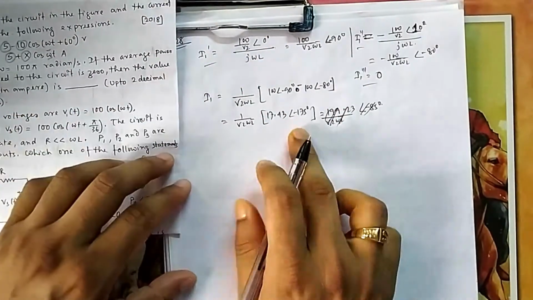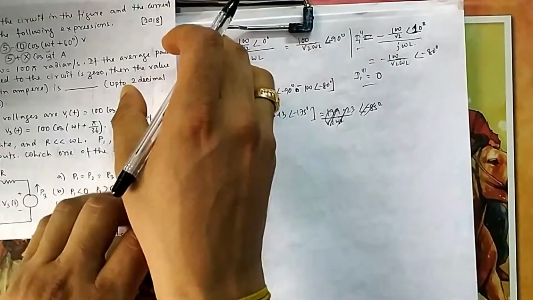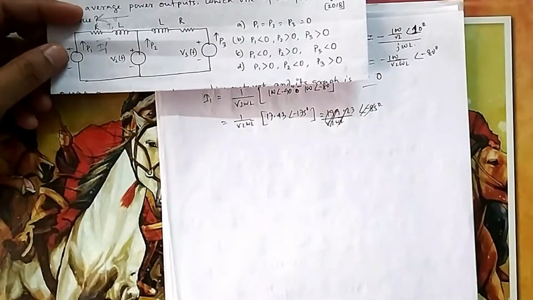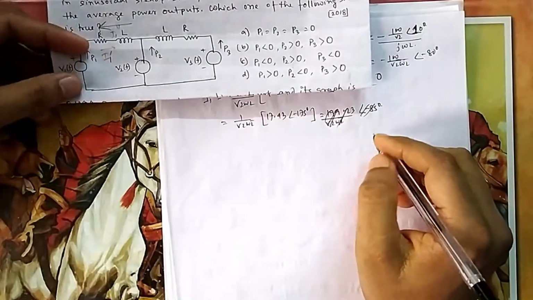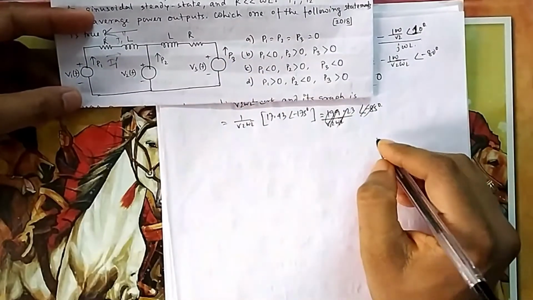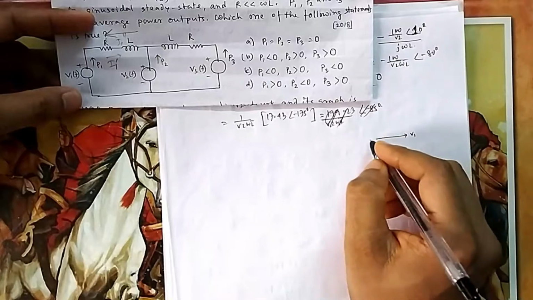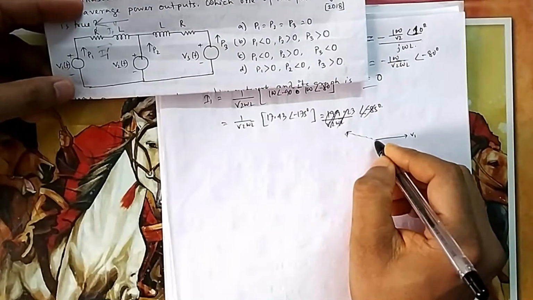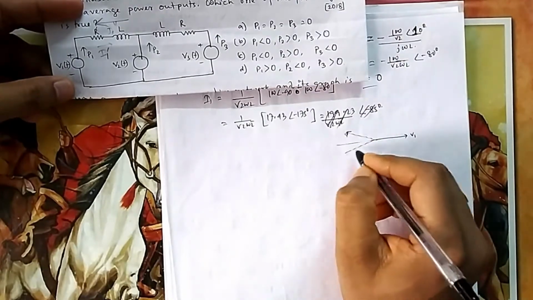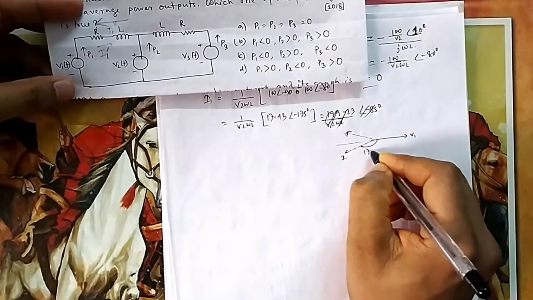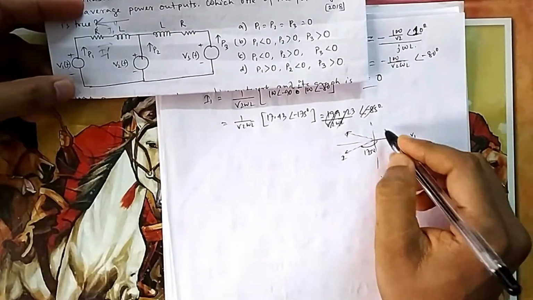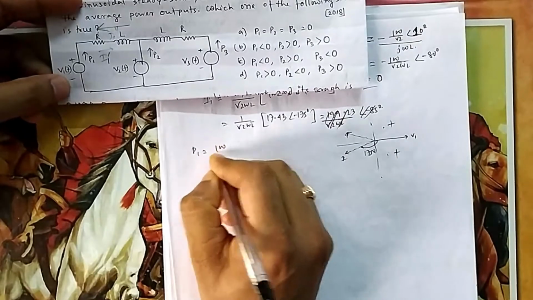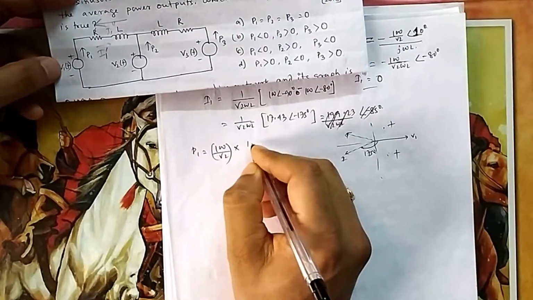Now you got minus 175 as the angle, and where is your V1? V1 is at 0. So it means obviously P1 will be negative, because I have shown you in switchgear classes also, in theories also, what is backward fault, what is forward fault. In that I have shown you, if this is my V1 at an angle 0 and my I is in this direction, this is at an angle of minus 175, so it will be in this direction. This is 180, so this is my I, minus 175. So obviously it is in backward direction, because from plus 90 to minus 90 it is a forward fault, because cos is positive here.